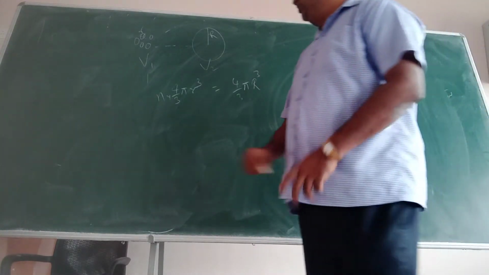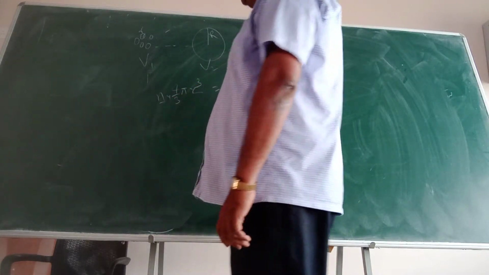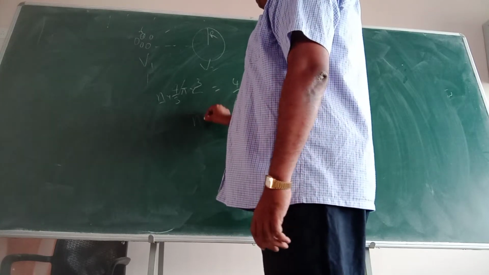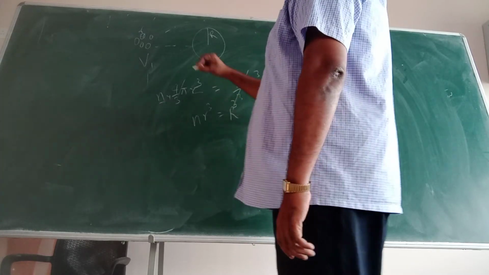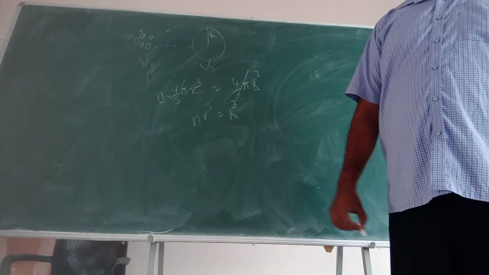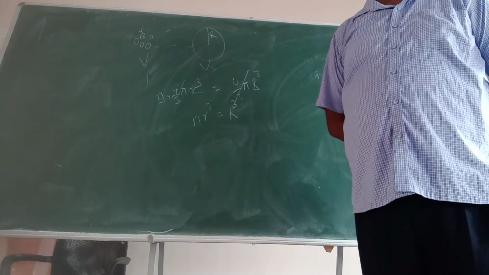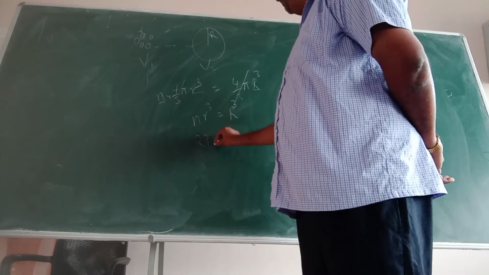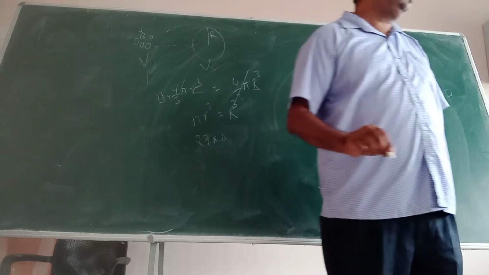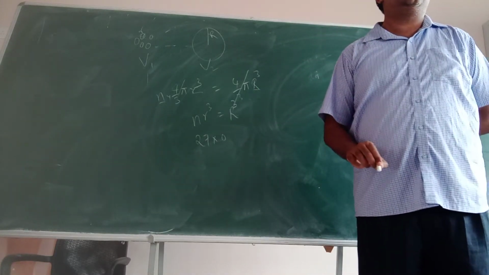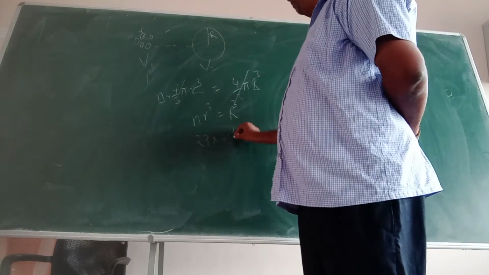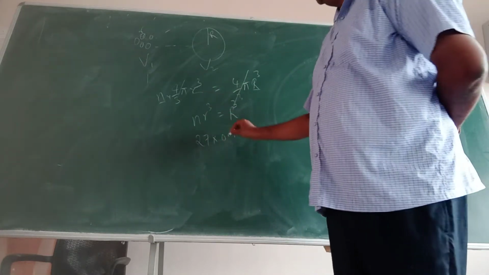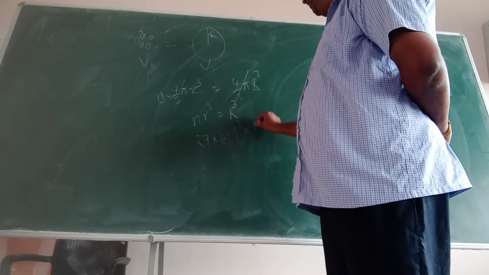Alright. So here r is given, n is given. You can find out capital R. r is given है, ये इसको कटा दो. n into r cube is equal to R cube. This is a general format. You will find many questions of this type. You can do like this. Okay? So n is 27 here, and r is how much? 0.1 mm. ठीक है, अभी दोनों साइड में हम लोग mm में ही बात करते हैं. तो 27 into 0.1 cube is equal to R cube.